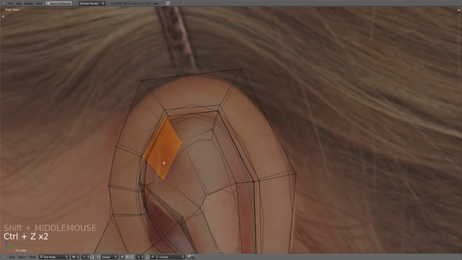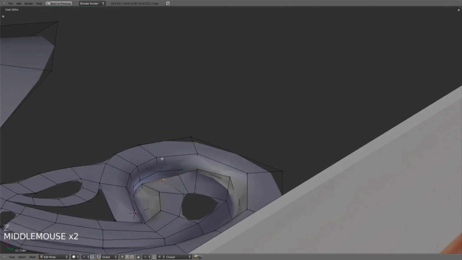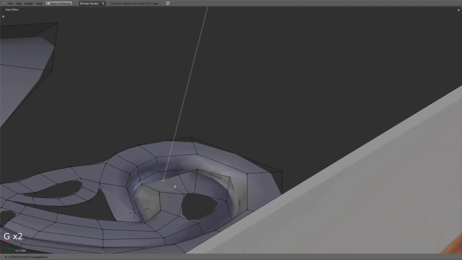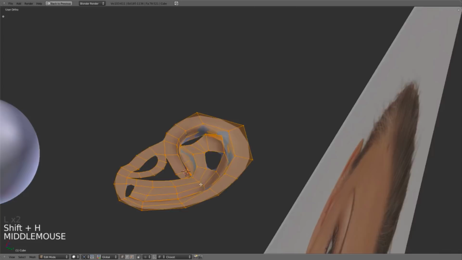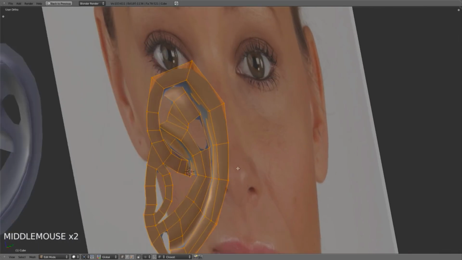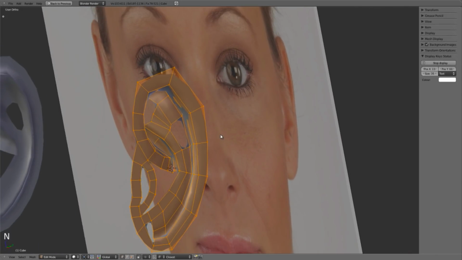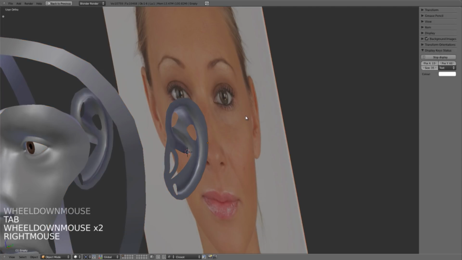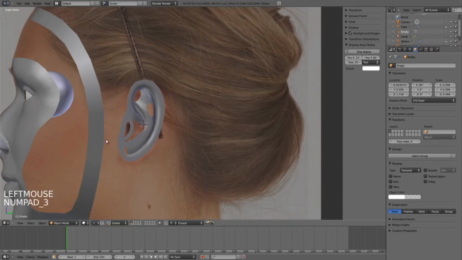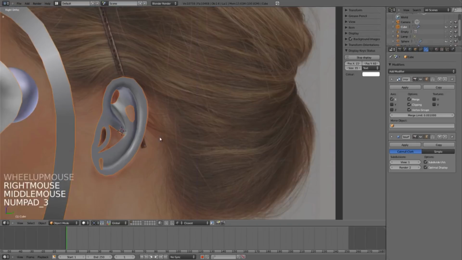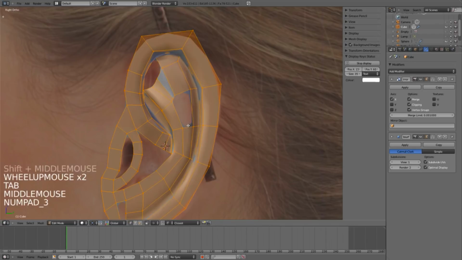And actually, I'm going to undo that, because instead I'm going to add in one more edge loop here, which will then allow me to get this shape. If I take this in around the X, this in around the X, and I'm also going to go ahead and select this whole ear. I'm just going to hit Shift H, hide everything else, so now I can see all this. I'm also going to go ahead and select this, hit Shift H, and just hide it for the time being. We really don't need it at the moment, and this will speed up our view dramatically, because